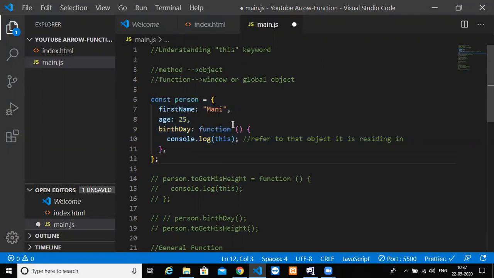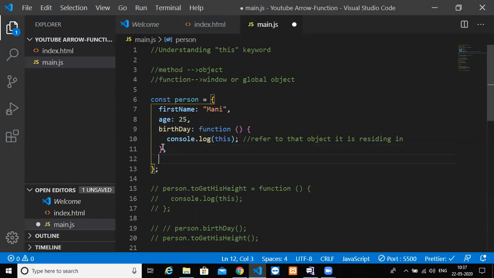Think that I'm adding a new array here. I'm adding a new array of my hobbies. So what are my hobbies? I'm a foodie, so I definitely like to eat. I definitely like to sleep, and then code, and then code. So these are my hobbies. This is inside an array.